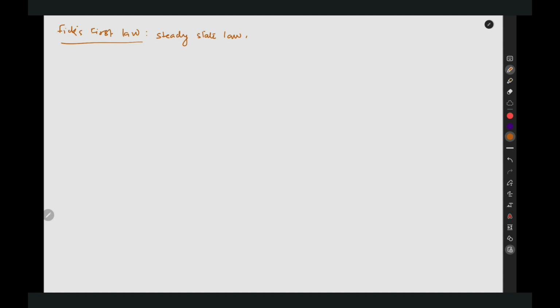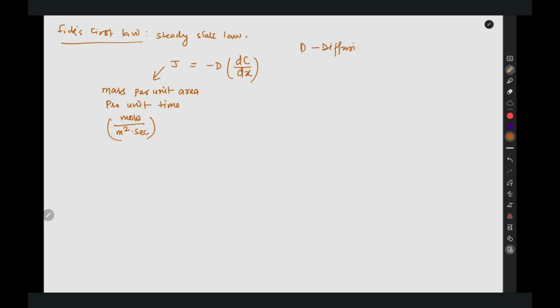According to this expression, flux J is defined as J equals minus D dC upon dx, where J is measured in mass per unit area per unit time and the unit is mole per meter square per second. D is called diffusivity